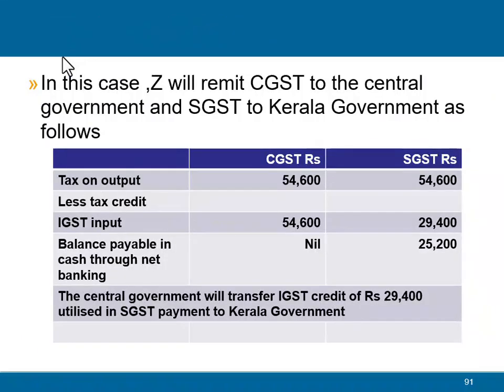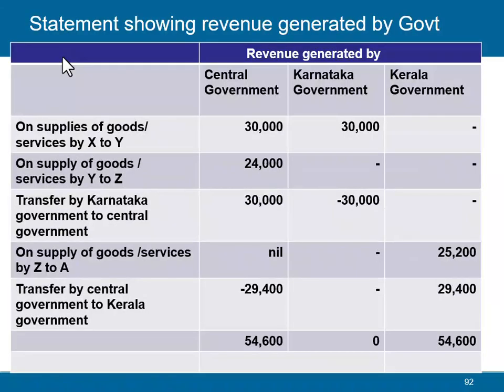It passed through from one person to another person, but ultimately the government got the central government 54,000 and Kerala government, because the goods were ultimately being sold in the state of Kerala. So they are going to get 54,600, their share, and central government is going to get, because they are entitled for 50%. क्योंकि एक्साइज ड्यूटी और उनको मिलेगा ही उनका लेवी जो था